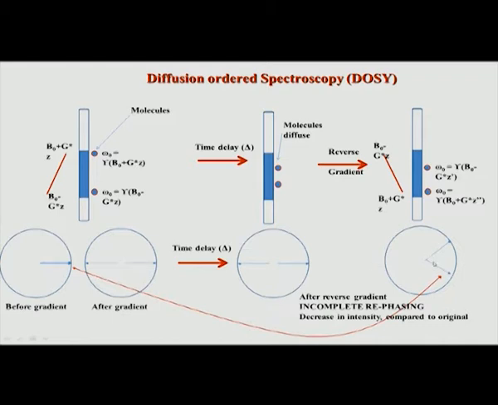Why do you want a decrease in signal? Because we will understand how much diffusion has happened, and that should be proportional to the diffusion. If the diffusion is very fast, then the signals should remain fully opposite to each other, completely dephased. But if the diffusion is very slow, then the molecules would not have moved from here. So, they would still be close to their original locations, and the signal would still be very close to the full value. Based on this we can figure out whether the diffusion has taken place or not. In other words, what is the diffusion coefficient of the molecule.